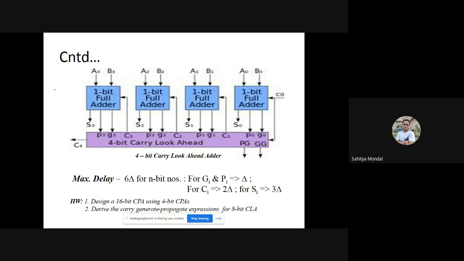Oh, actually, I am trying to say the previous expression for the carry propagation adder, the delay was delta n, and here the delay is 6 delta, right? Now it is directly proportional to the input. So if we work with a 16-bit number, definitely the time taken will be 16 delta. But in the carry look-ahead adder, the total time, we have computed, is 6 delta. So 6 is constant. It is a constant time required. It does not depend upon how many bits you input to your system. It is completely free with respect to the number of inputs. So that's why it is far better than the CPA. Understood now?